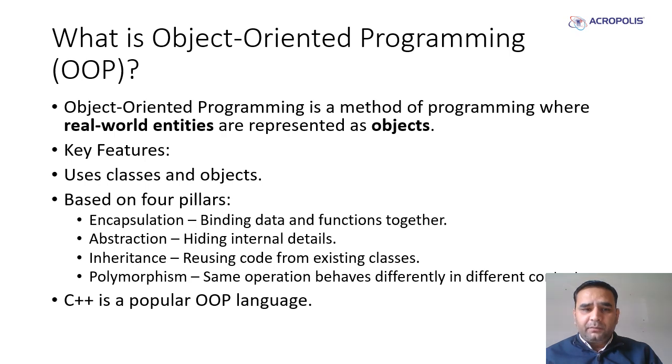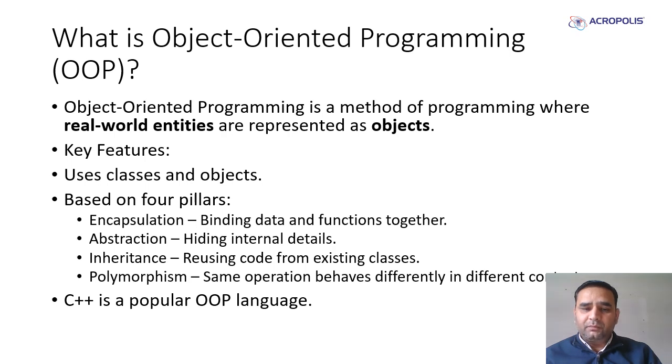What is object oriented programming? Object oriented programming is a method of programming where real world entities are represented as objects. The key features of object oriented programming are that it uses classes and objects to build programs. It is based on